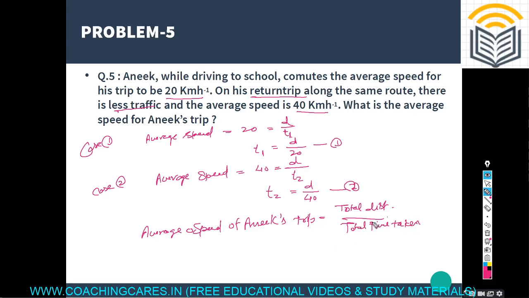Total distance is 2d, total time taken is t1 plus t2. We'll substitute the values of t1 and t2 from equation number 1 and 2 respectively. So that will be equal to 2d divided by d by 20 plus d by 40, which will be equal to 2d divided by